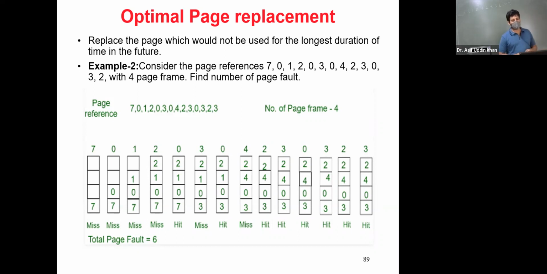Temporal locality says that we should keep those pages or data items which are recently used close to the processor. That is what we use in LRU, least recently used. And the one which will be used in the near future, that's a prediction. You may use spatial locality. In spatial locality, the data items which are close to the recently used data item may be used in the near future. So using that concept, you can bring those which may be used in the near future.